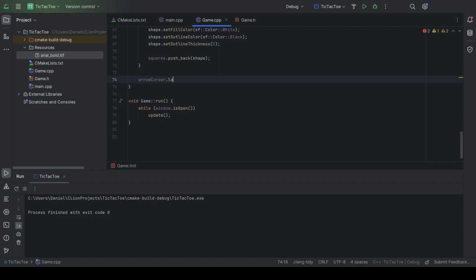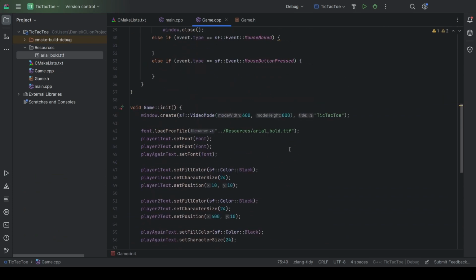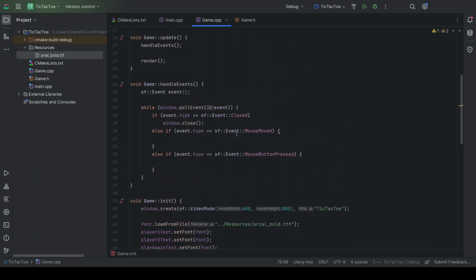Arrow cursor load from system sf cursor arrow, and hand cursor load from system sf cursor hand. Zoomed in a bit. For the mouse moved event, I want to create a function handle mouse moved, and I